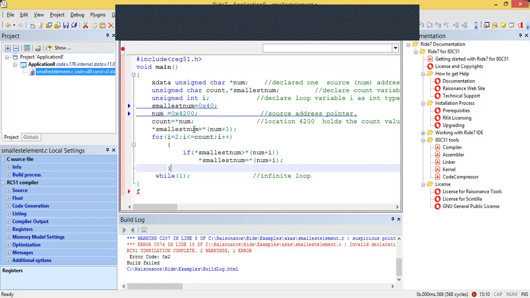So here you can see that instead of largest, I just put another variable, that is smallest num, and we'll allocate the memory location 40h for smallest, because smallest is declared as a character. Okay, so as already explained, smallest is equal to num plus 1. So we will assume that the smallest number is the first number.